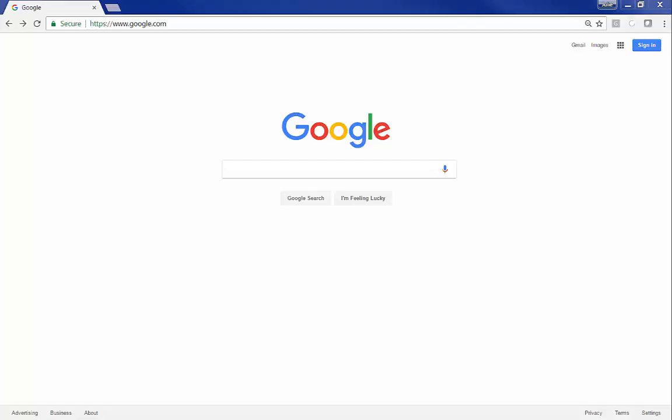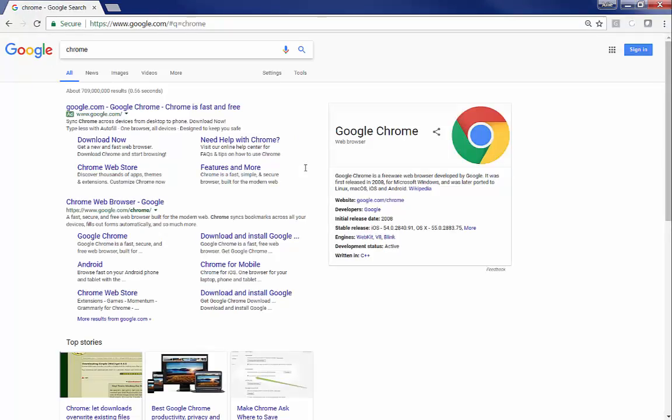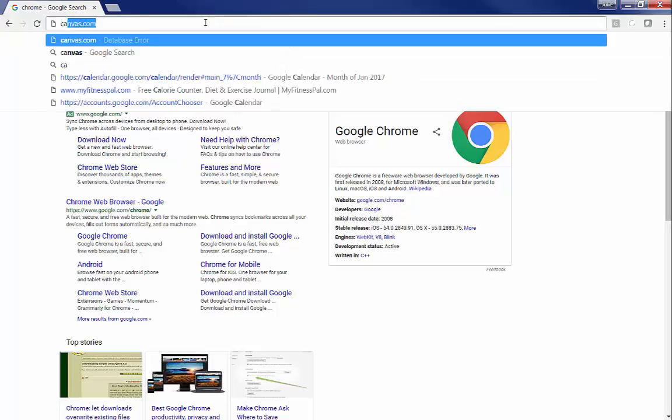If you do not have Google Chrome downloaded onto your computer, you can go to Google and search for Google Chrome. It'll be the first one that pops up, and you can go here and download the free download. It only takes a few minutes and it doesn't take a whole lot of space on your computer. Once you have done that, I want you to go to